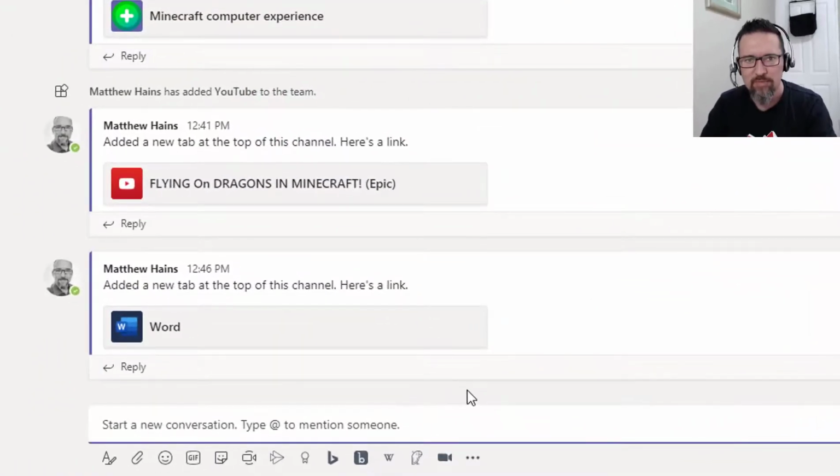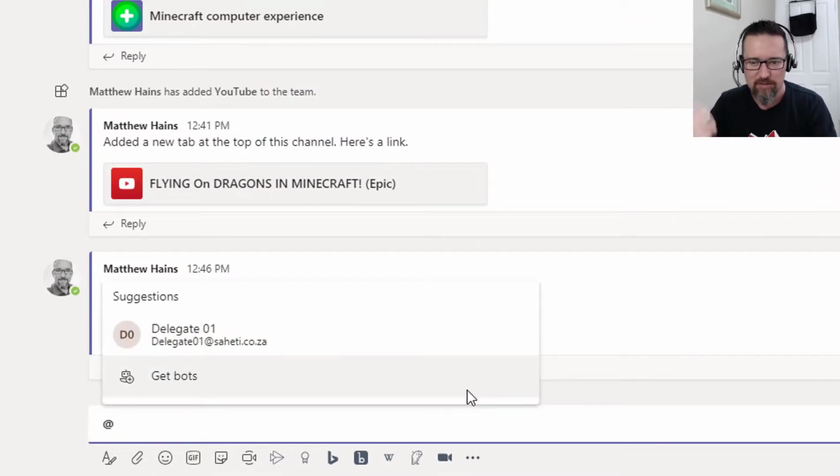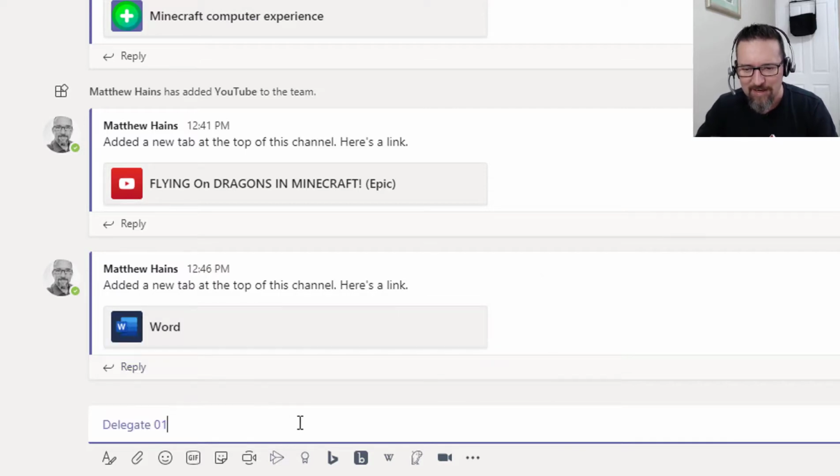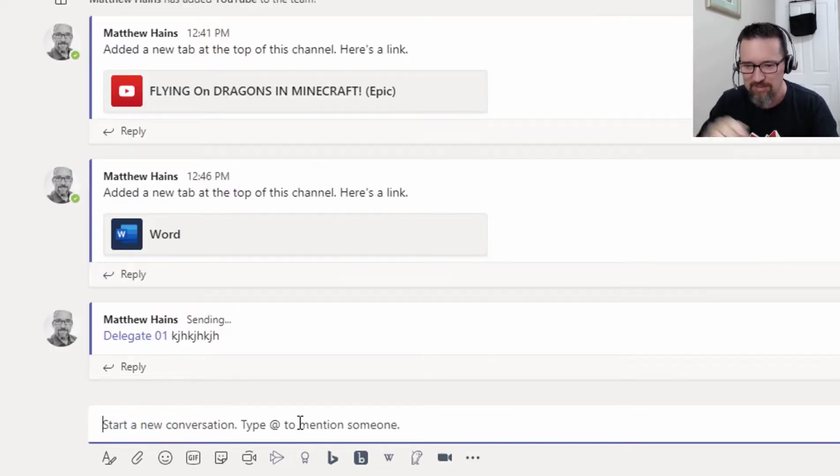So in my classroom, I've got my delegate 01. If I had others, I'd obviously have their name. And I will just start typing, and there they are there. So I click over there, and there you have a mention of their name. That is great, because now delegate 01 will receive, when I type in a fancy message and I press enter,